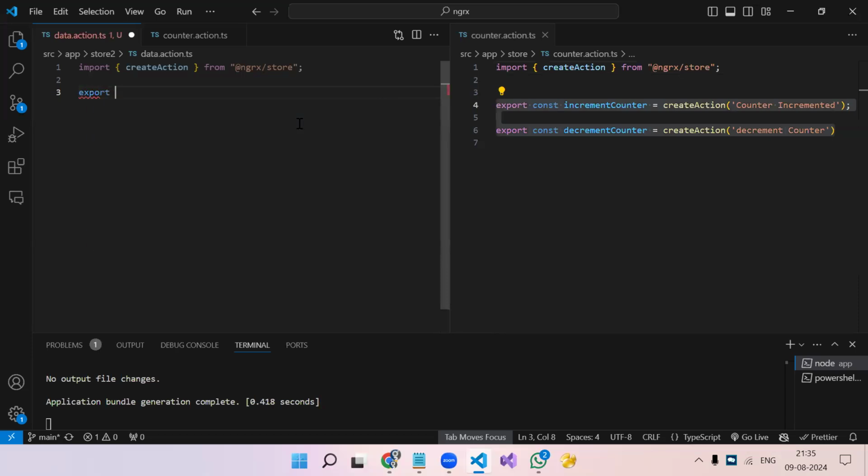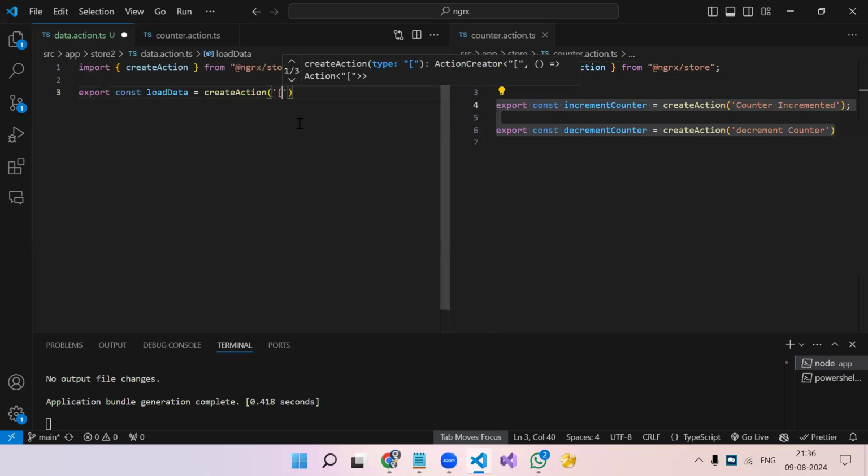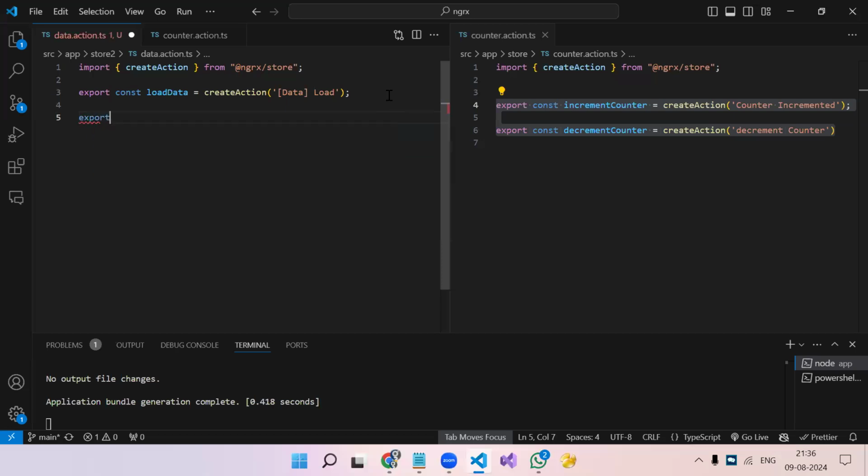So export const, first let's say loadData is equal to createAction. And I will name it as data load. Okay. First action I have created. Export const. Now,